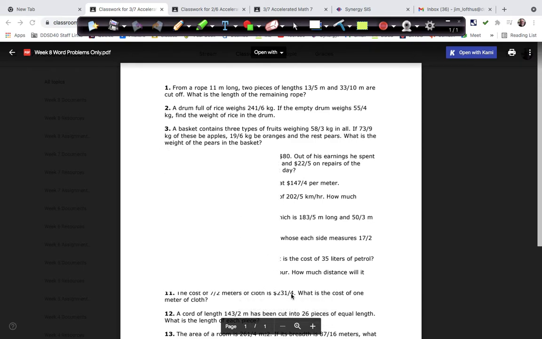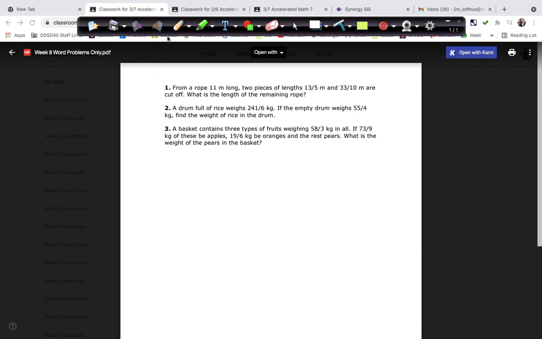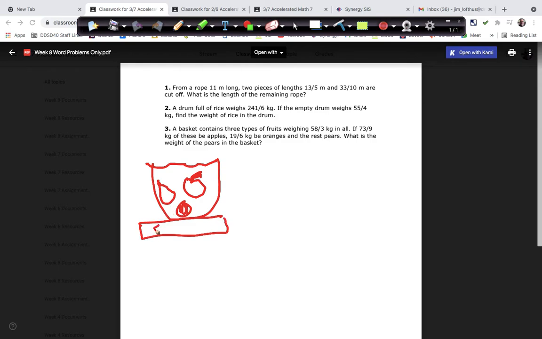Okay, let's look at problem number 3. A basket contains 3 types of fruit weighing 58 1/3 kilograms in all. So I'm going to draw my picture of my basket, and I've got some pears in here. I've got some apples, and what else do I have in here? Oranges. So all of this together, a little scale here, is 58